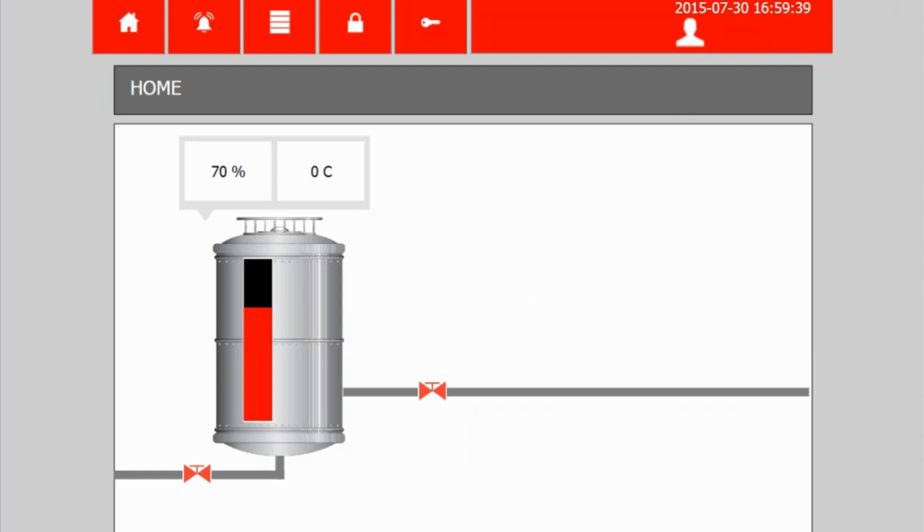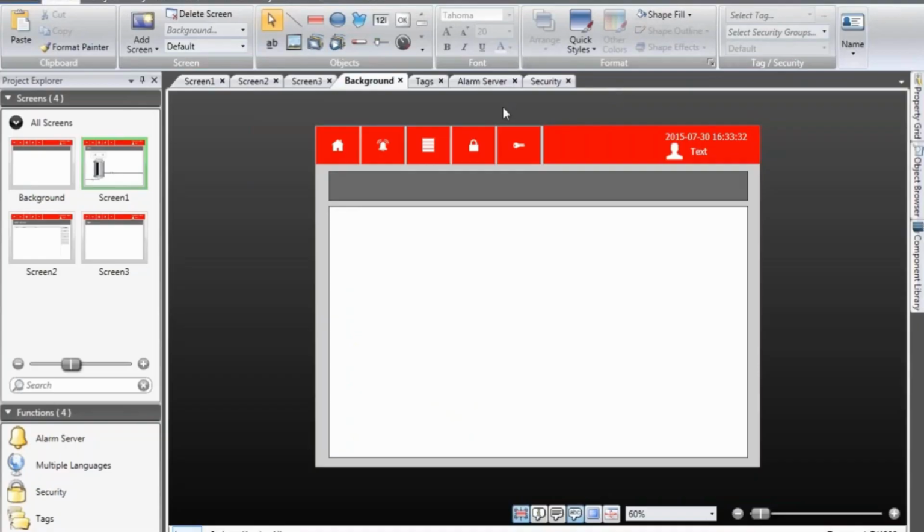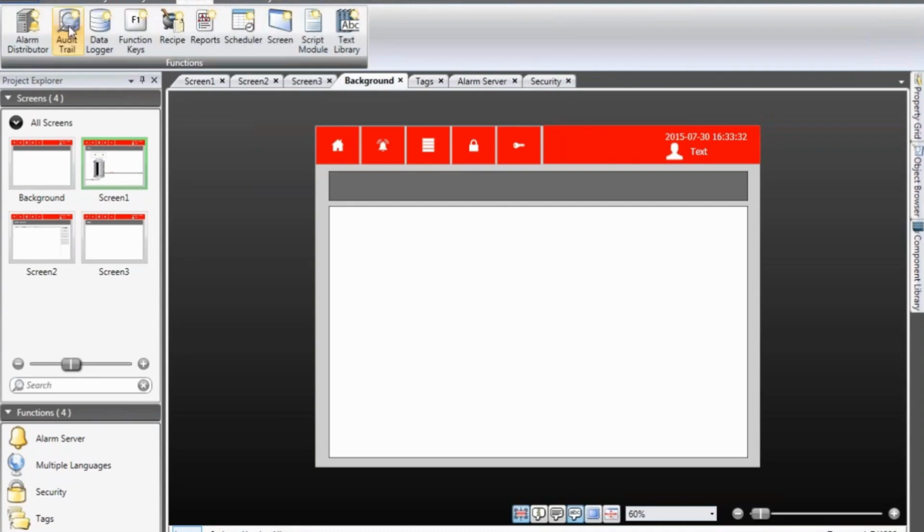Okay, the final part of this demonstration is to add audit trail. So now we want to keep track of what these operators are doing. What process parameters are they changing and at what timestamp and so on. In order to do this, we need to add the audit trail function. So I select insert, audit trail,